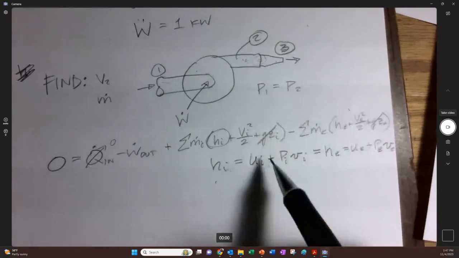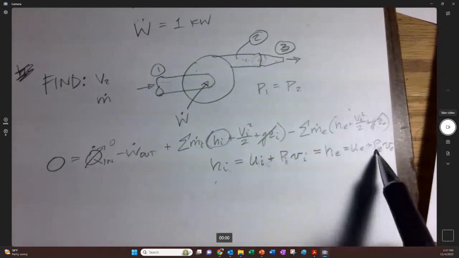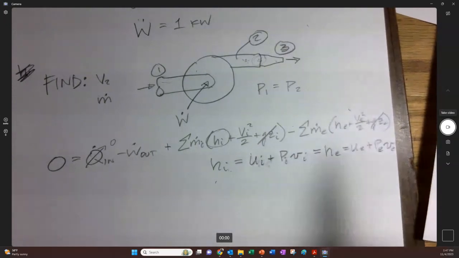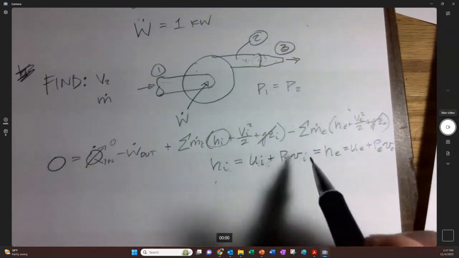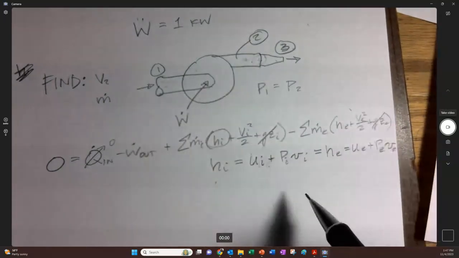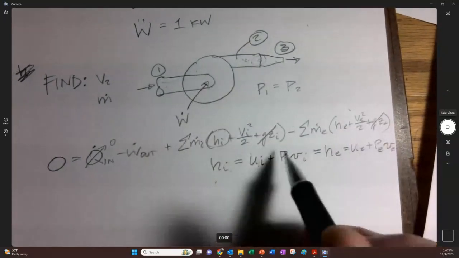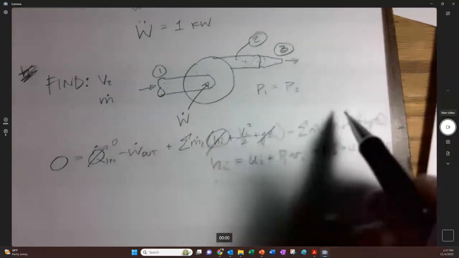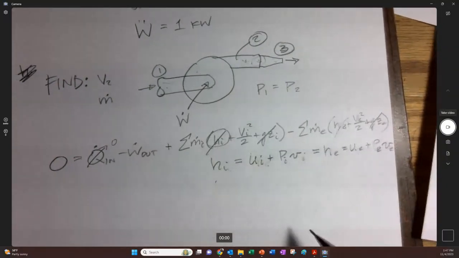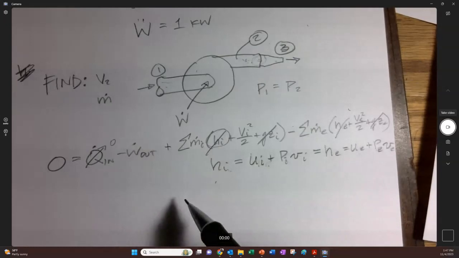We can see that if the P's are going to be equal to each other and the U's are going to be equal to each other, we could go ahead and decide that the T's are going to be equal to each other, the temperature in and the temperature out. And so we could go ahead and cancel those out because that's going to be equal to that. What I'm left with is